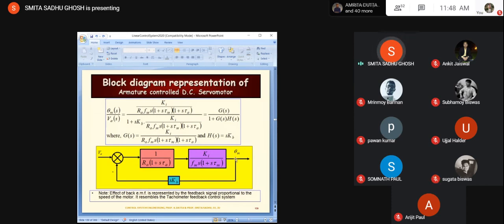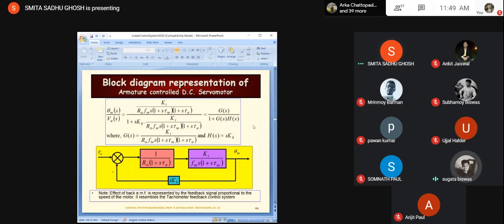So coming back to what I was stating, because of that S present over here, it is as if the speed is being fed back. It is the speed being fed back rather. So it acts as if it is a tachometer feedback. And then of course, the conversion to the back EMF is done before being fed.